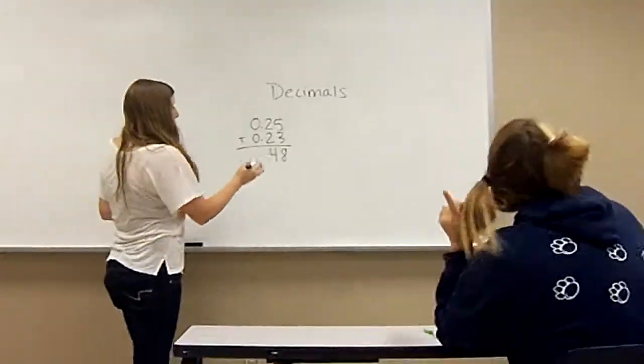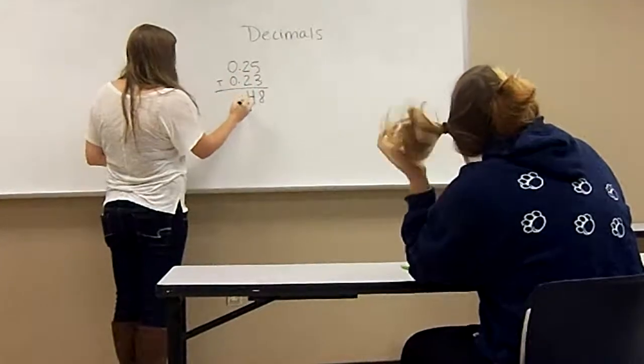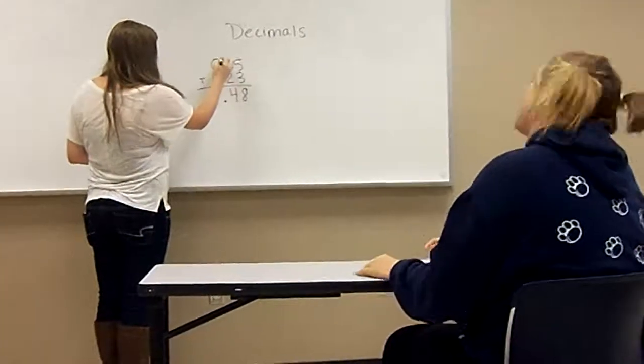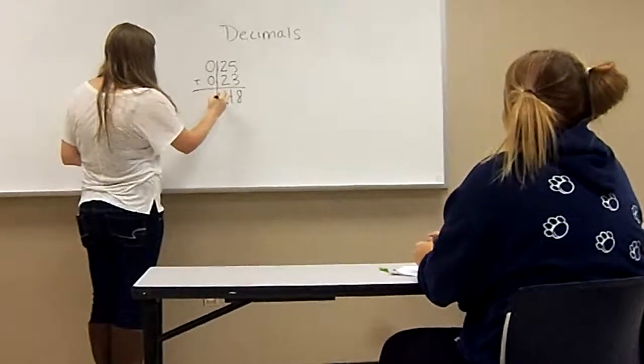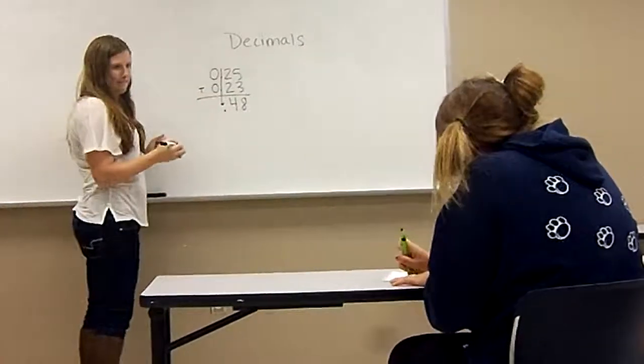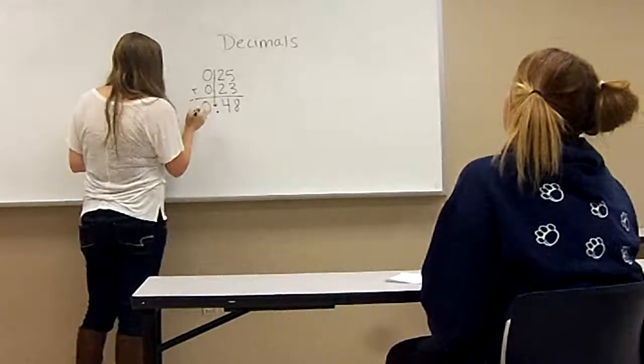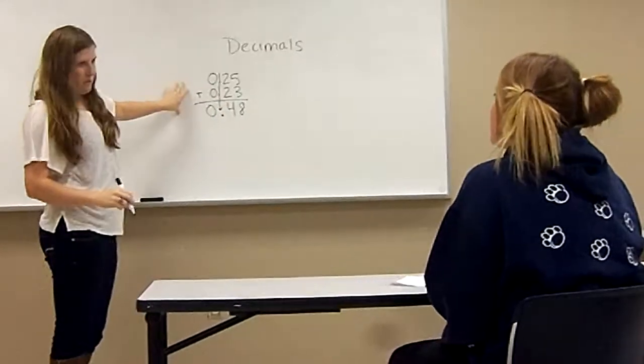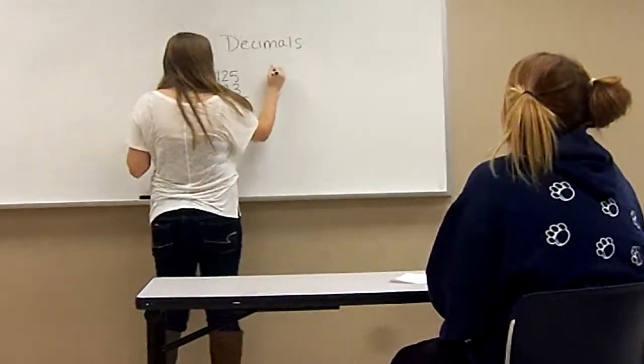And with the decimals, all you do is you bring the decimals right back down to where they are. So they are all lined up just like that. You can draw a little arrow if it helps you. And then 0 plus 0 is what? 0. 0. All right. So that's how you add decimals. We'll do one more. Let's do